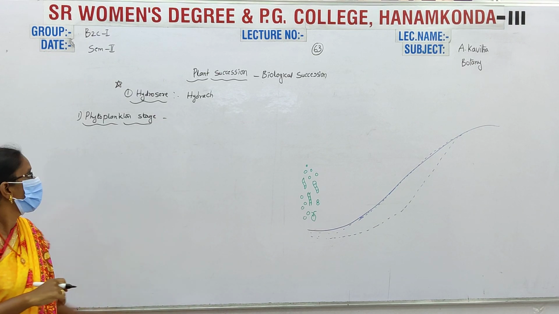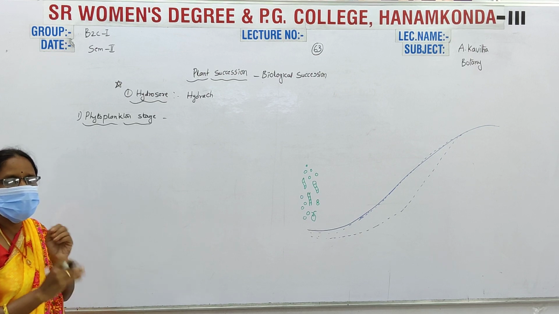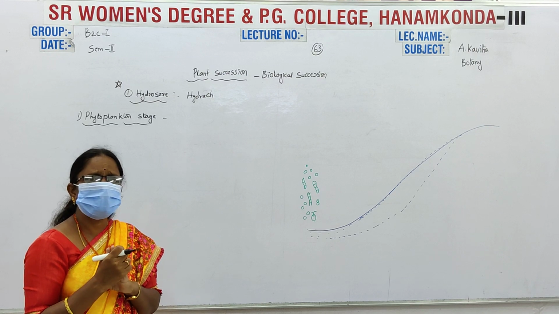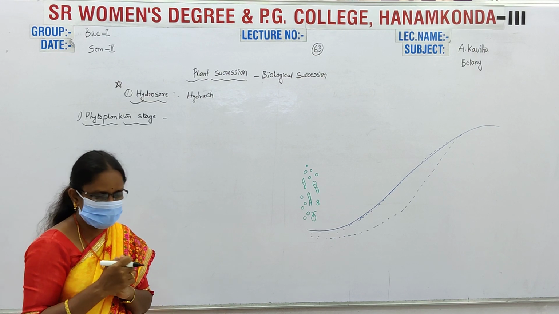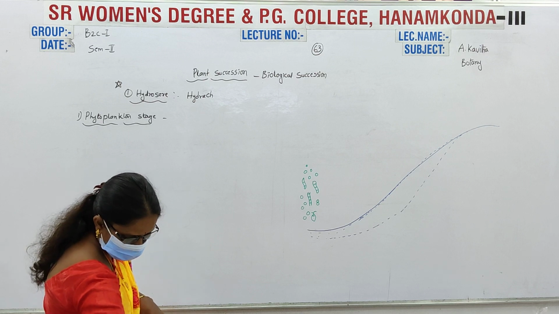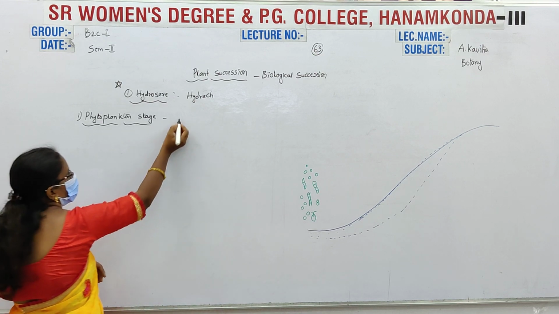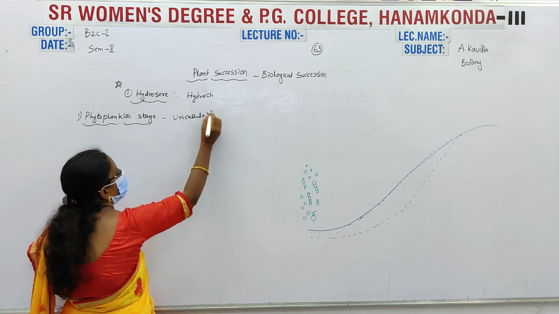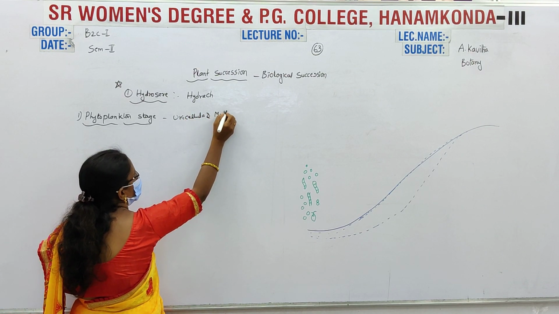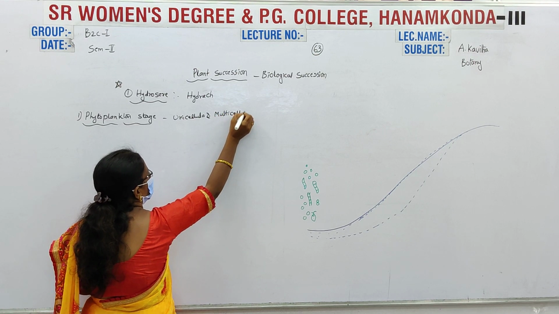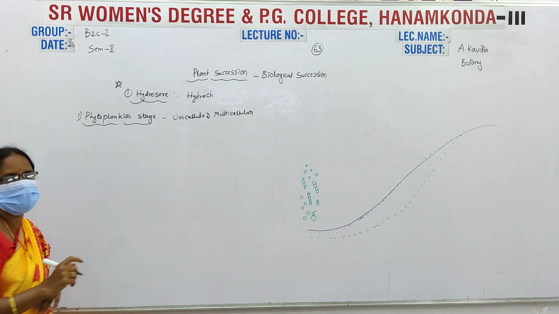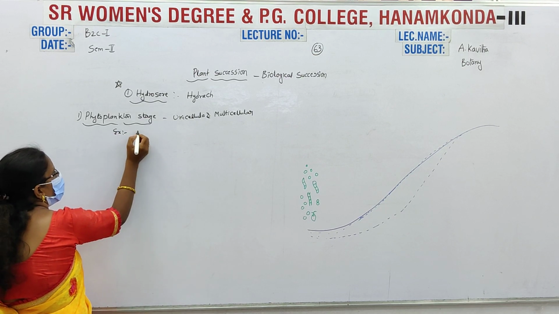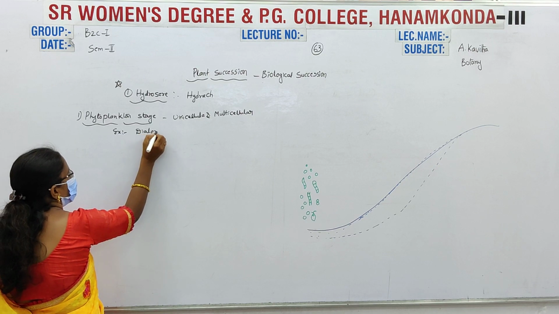Unicellular forms and multicellular forms are both present. Examples of phytoplankton plants are diatoms,